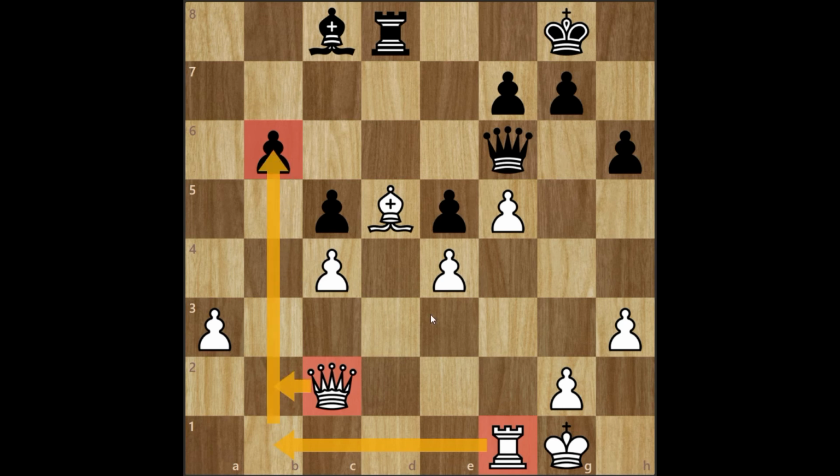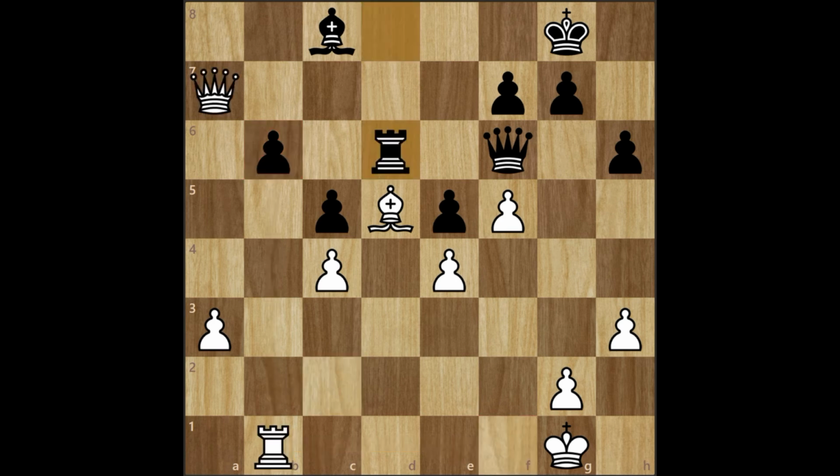But if we bear in mind that what we're trying to do here is create our ultimate fantasy positions, then we can probably do slightly better than that. For example, what if the position looked like this? Here we can see that white has achieved the same objective of attacking the pawn on b6 with two pieces, the queen and rook, but now the white queen is much more actively placed because not only is it attacking the pawn on b6 and also x-raying the pawn on c5, it's also looking at the pawn on f7,